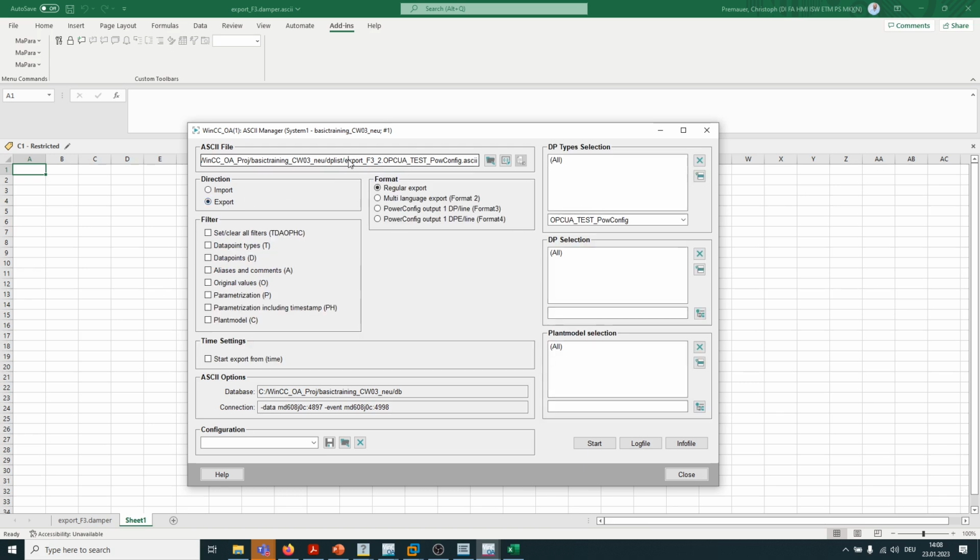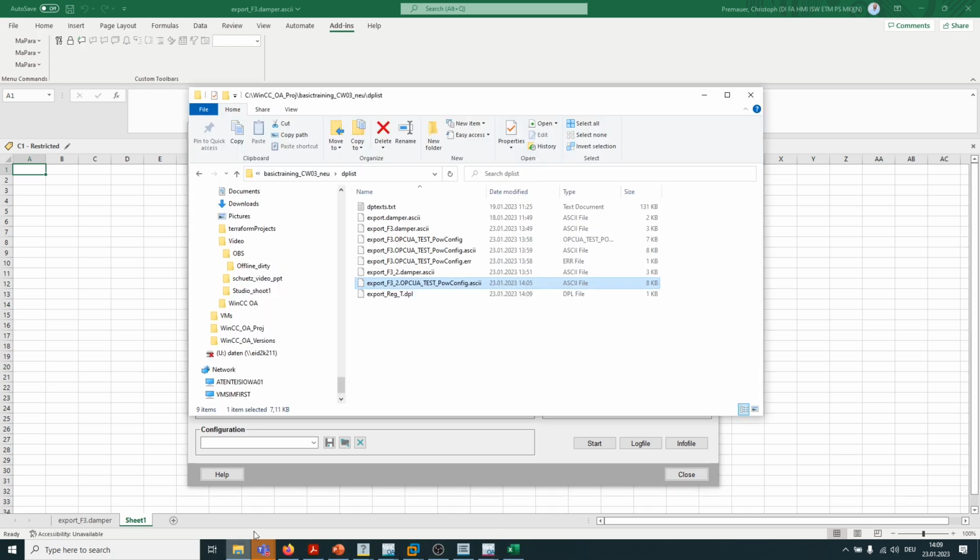So I will go here, I will write export regular, and here on the regular export you can specify what should be exported, right? So you can only, for example, do the data point type, right? I will only do the data point type here, and I will also do a T here in the name, so that I can see the data point, or let's say the export characteristic on the name, and then I will do it with the damper, for example, and I will say start here,